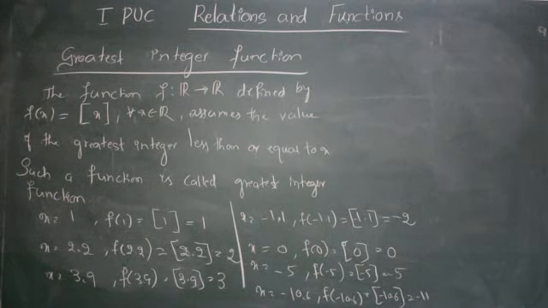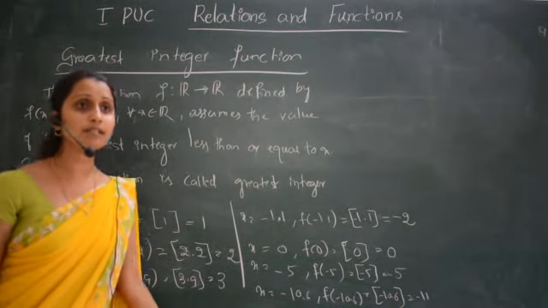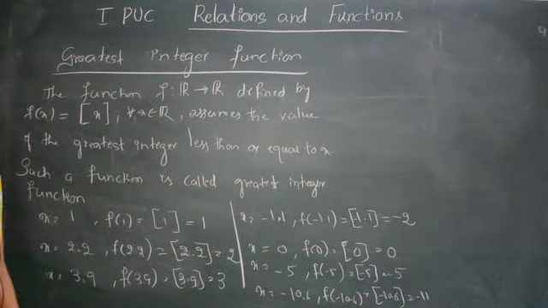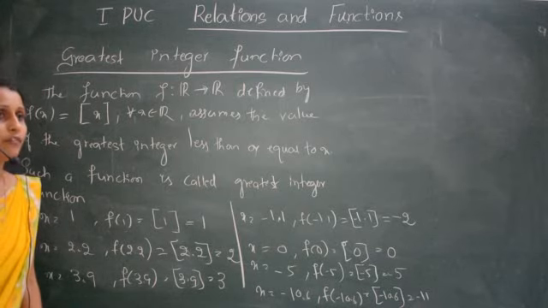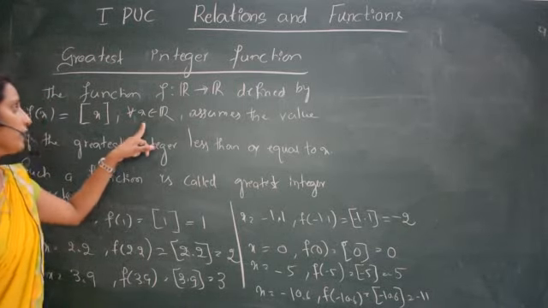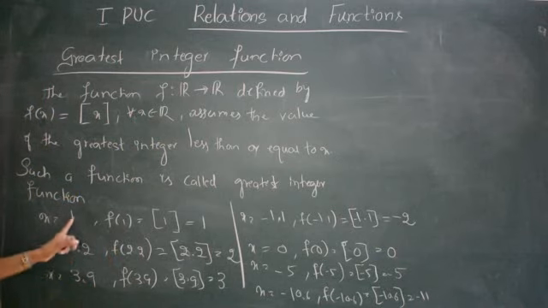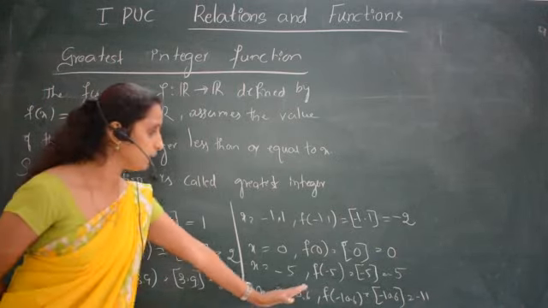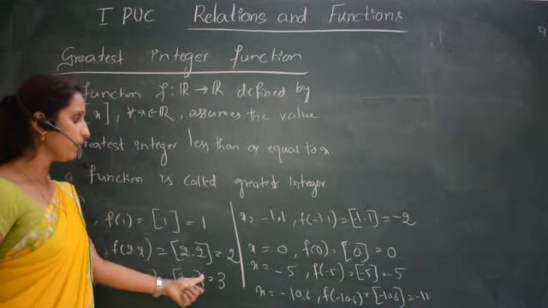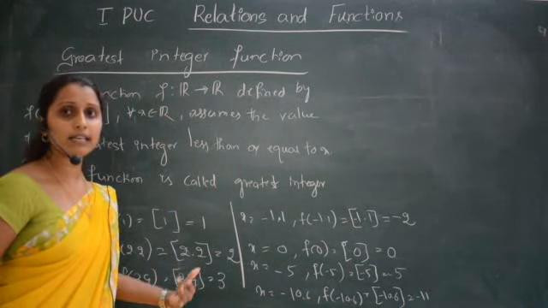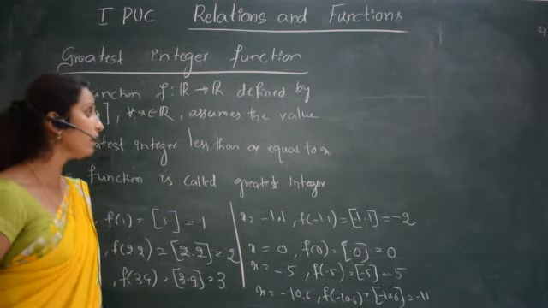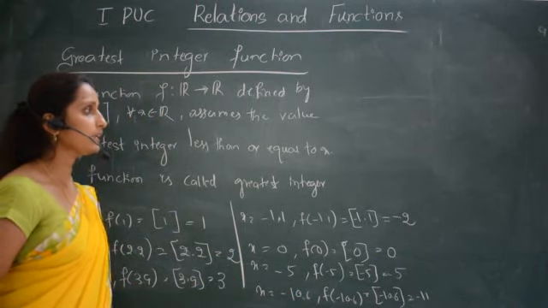So this is a definition and the examples we have given now. By looking at the examples, what is the domain and range we can write? Domain means the value of x. Whatever value we can give, any real value, not only fractions or only integers. We can give any value for x. 0 can be given, more than 0 can be given, less than 0 can be given. That means any real values we can give to x.